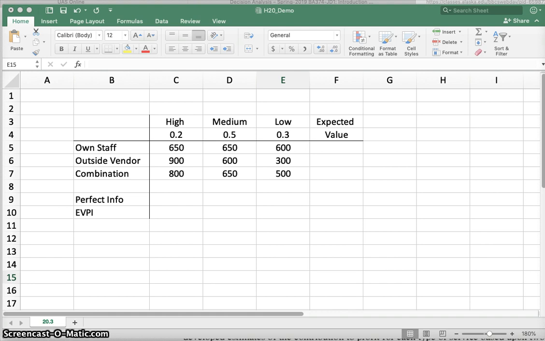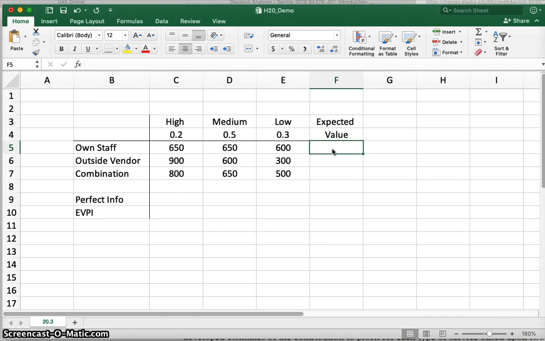Well, the math is not complicated really. So we're going to calculate the monetary value for each decision. And since what we're looking at here is a cost, what we want is the lowest expected value cost. Now, if we were looking at revenue or profits, we'd want the highest expected value. But in this case, it's cost. We'd like to keep our costs as low as possible. So all we do is we're just going to calculate.